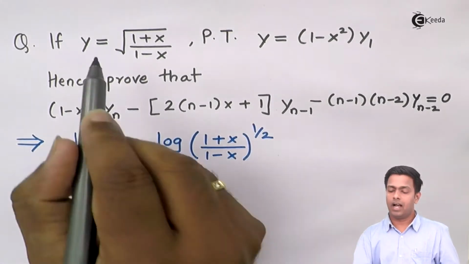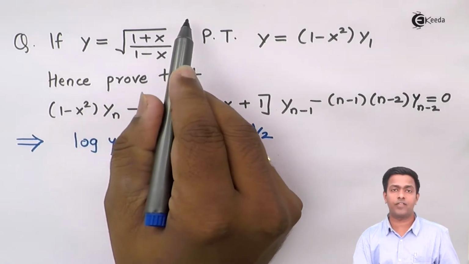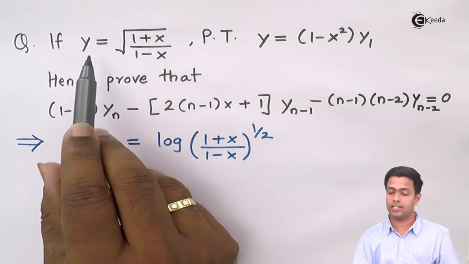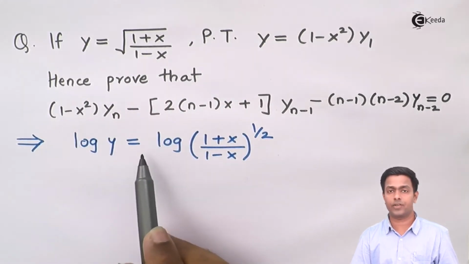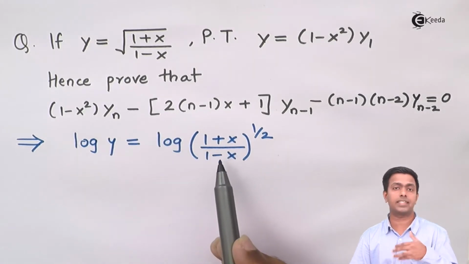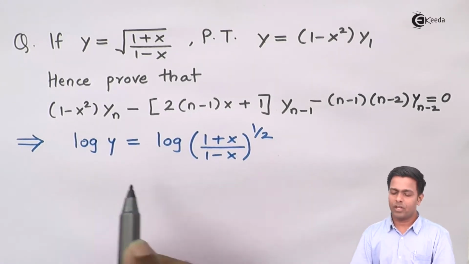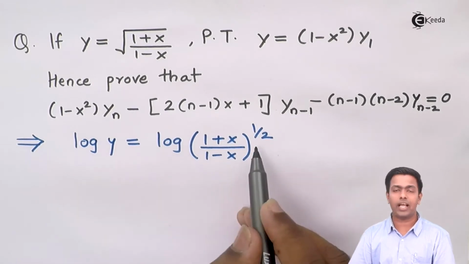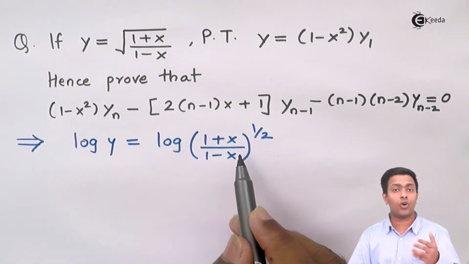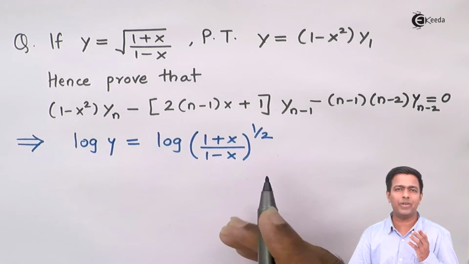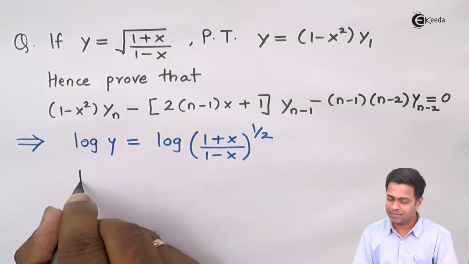So guys, under root is nothing but raised to half. So when I took log on both sides, I got log y is equal to log of 1 plus x upon 1 minus x raised to half. Now log y will remain as it is, and here I can use the property of logarithm, which is log of a to the power b is b log a. So here I'll get